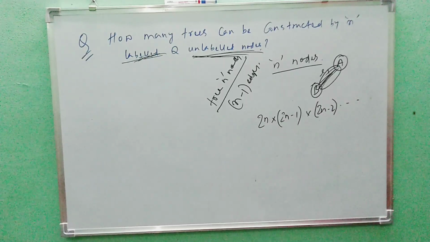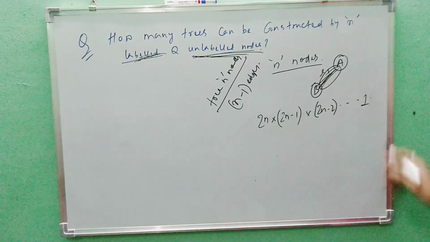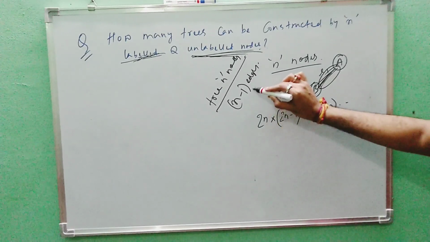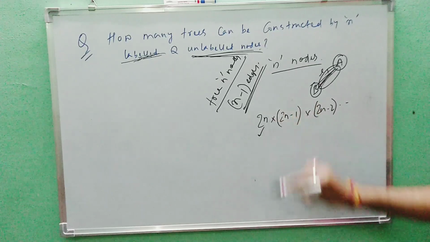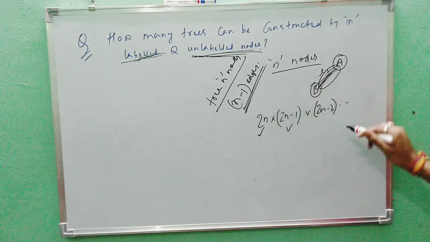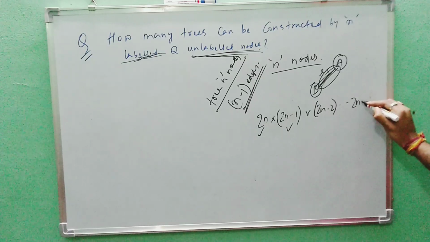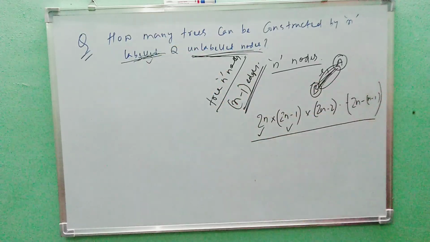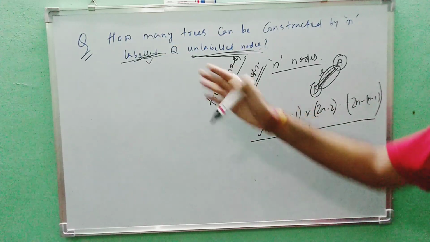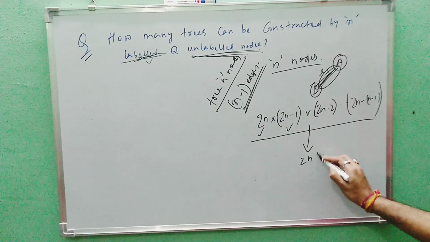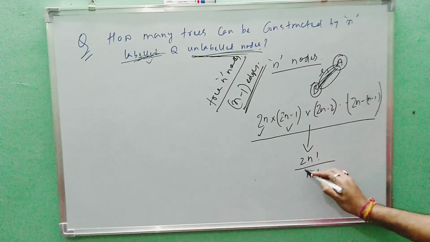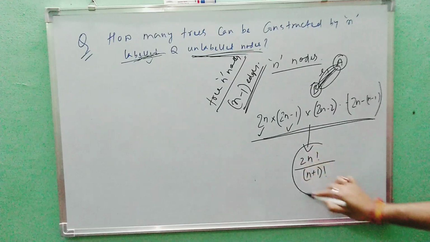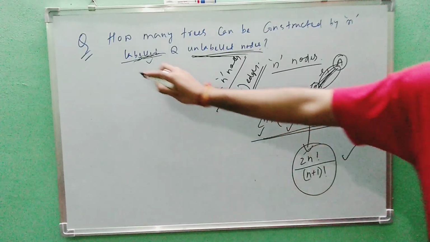In this way, how far will we continue? Will we continue till 1? No. Why not? Because, as we have just seen, a maximum of n minus 1 edges are possible. This was for the first edge, this was for the second edge. In this way we can continue at most till n minus 1 edges. So how many will it be? 2n minus n minus 1. So this is the answer for labeled nodes. If we convert this, we will actually get the formula. If we convert this, we will get n plus 1 factorial. If you just cancel it, you are going to get this formula. So we have proved this for labeled nodes.